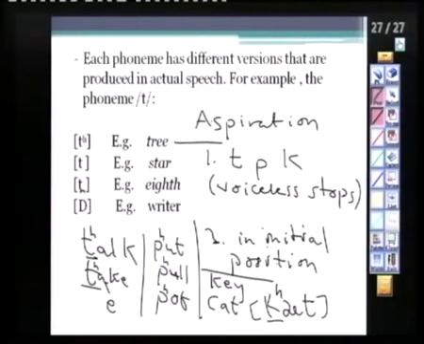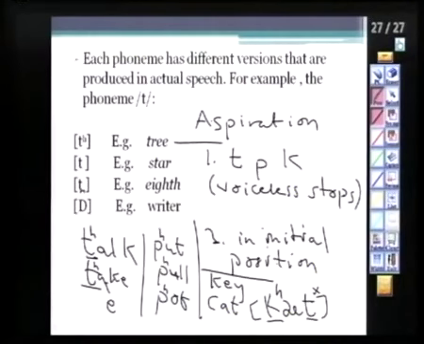It has to be a voiceless stop. If you look at the T here in cat, do I aspirate the ta? No. Why? It's in final position. We said it has to be in initial position. So the ta here is not aspirated. Why? It's in final position. You have to have the voiceless stop in initial position in order to aspirate that sound. Good so far about aspiration?